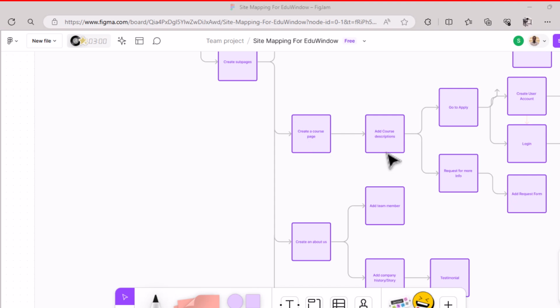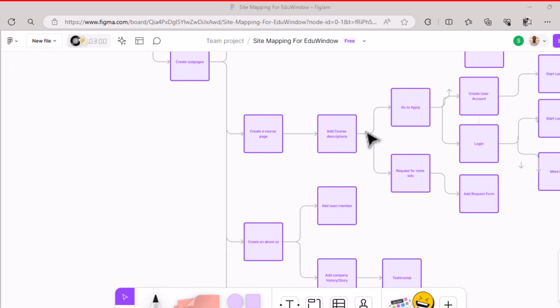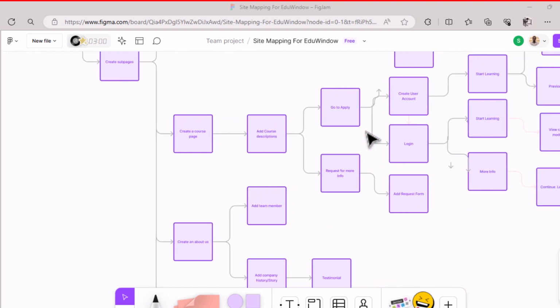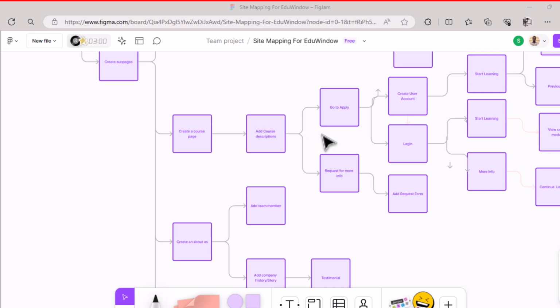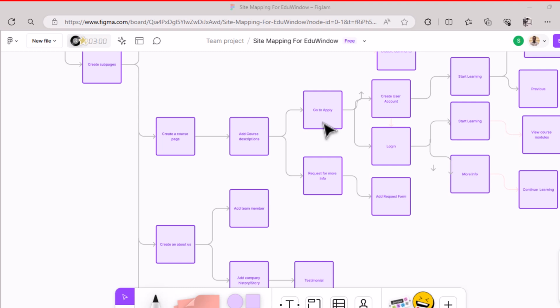So you said you're going to create a course. Then from the course, you would add course description. After course description, there are two options. It's either you go to apply or you request more info. So if you are going to apply, you are going to